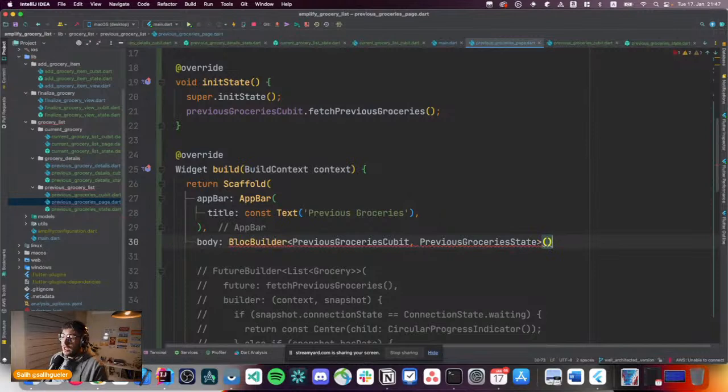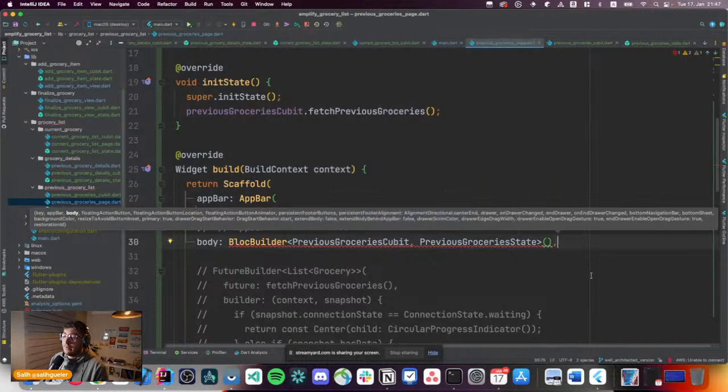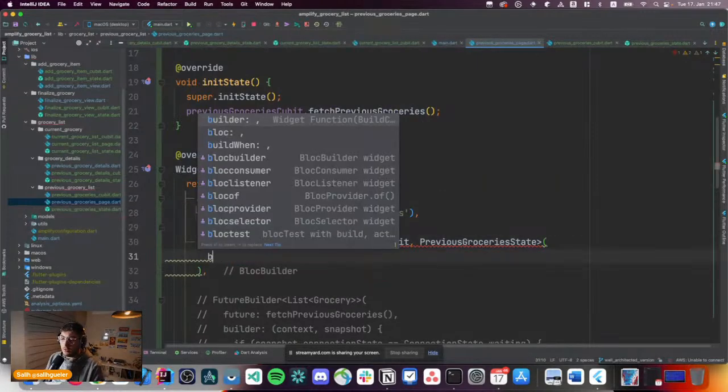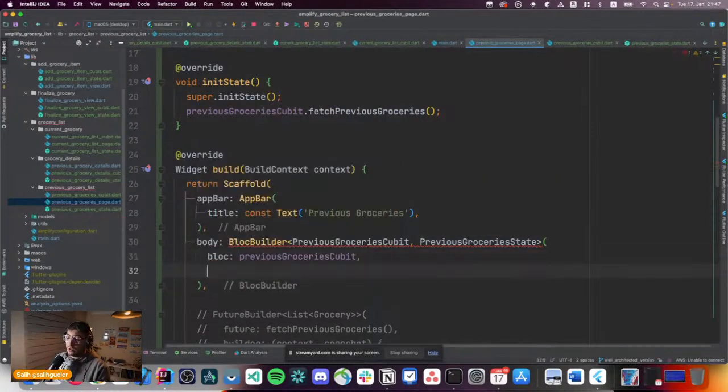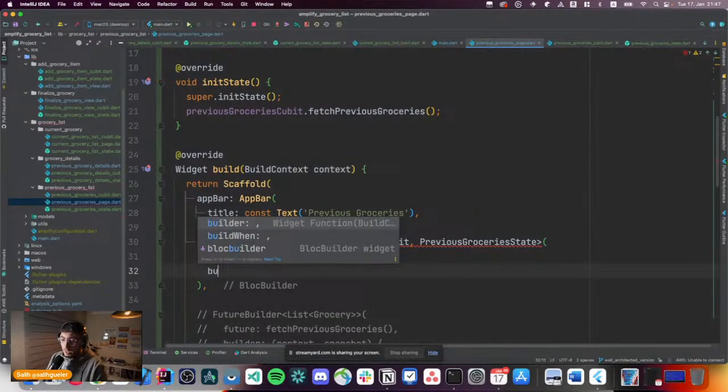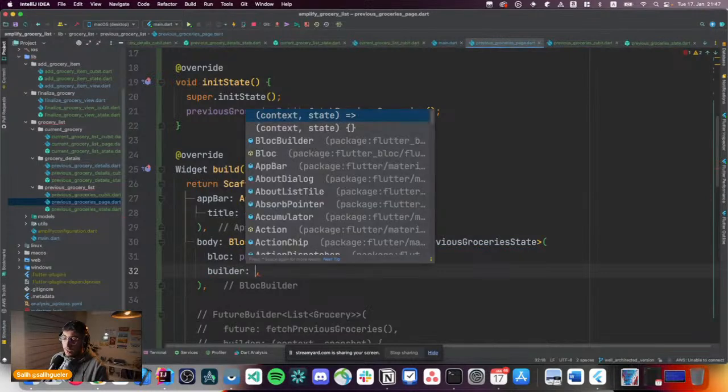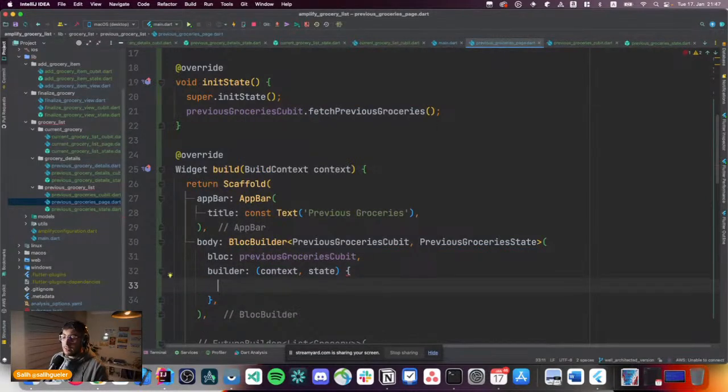Okay, it will tell us, you need to add some stuff, you need to have the builder. We will take care of that. First things first, we will add the previous groceries cubit as the block of this, and we will add a builder here. We will add the builder like this, and we will say that again, if the state is successful,